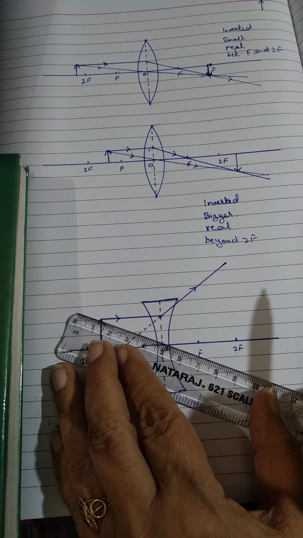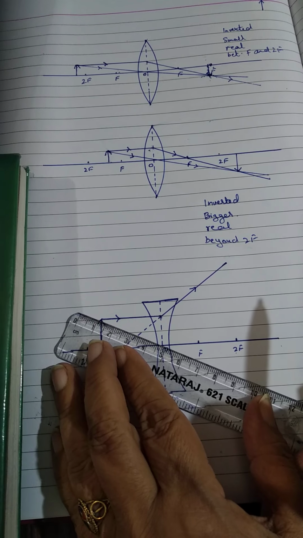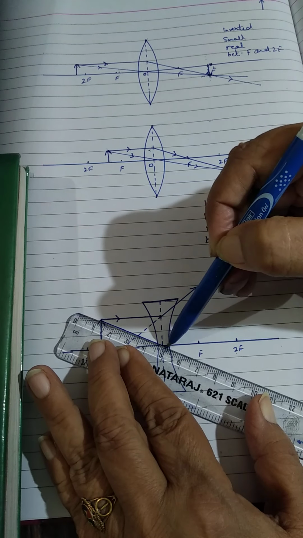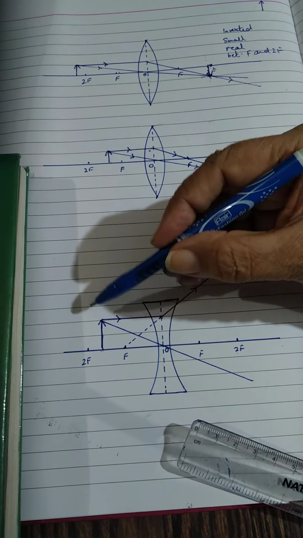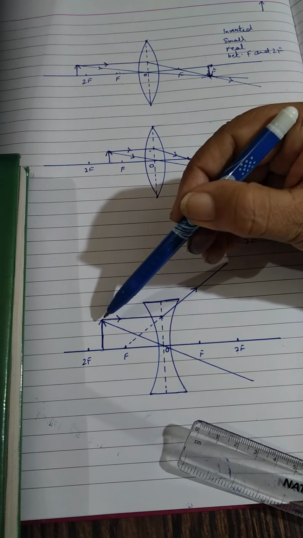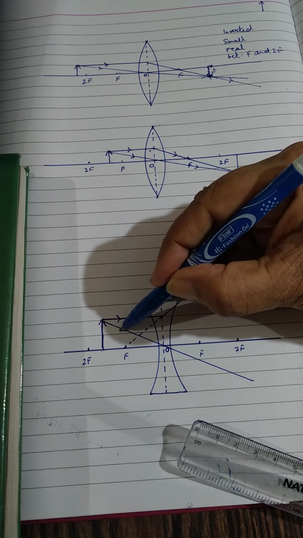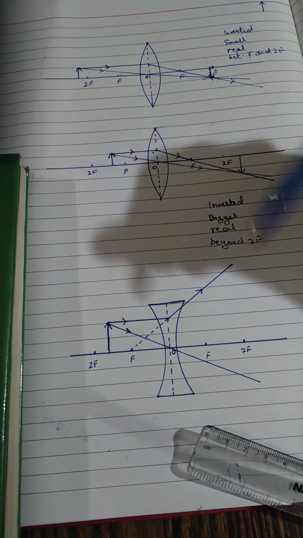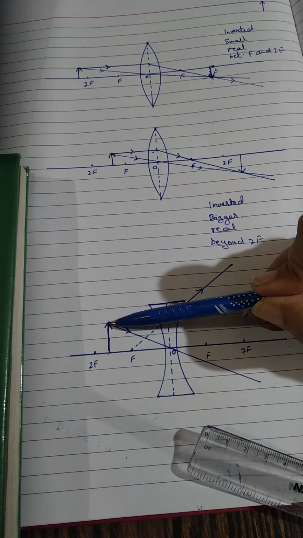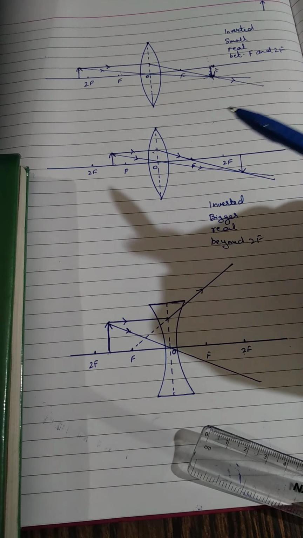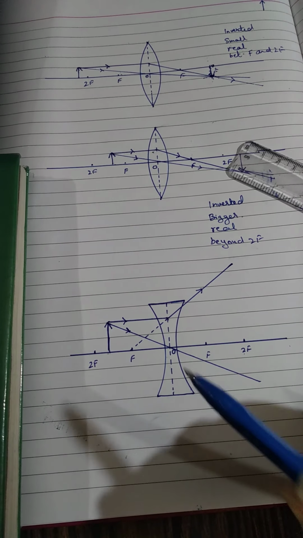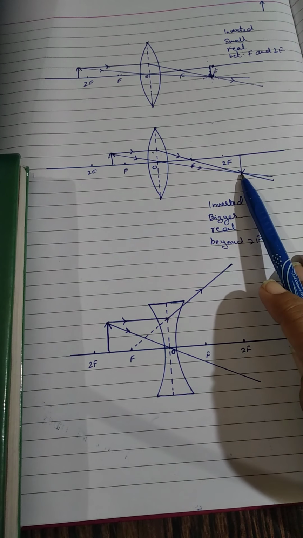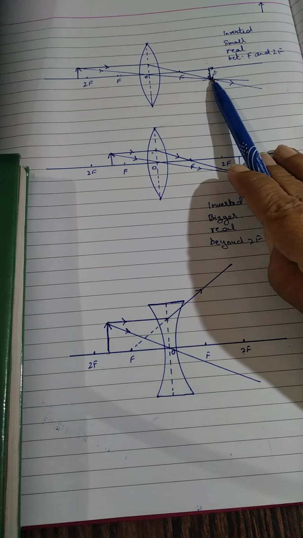Now the next ray of light, the simplest one, a ray of light passing through the optical center, starting from the tip of the object. Please mark it. The ray of light is starting from the tip of the object like this. Don't mark these rays from anywhere. These rays are to be taken from the tip. Now see where these two refracted rays are meeting. In the previous diagrams, one is meeting here, in this diagram, it is meeting here.